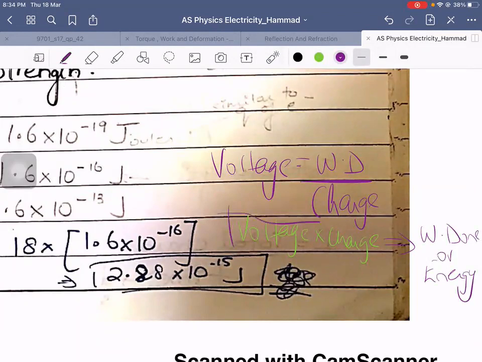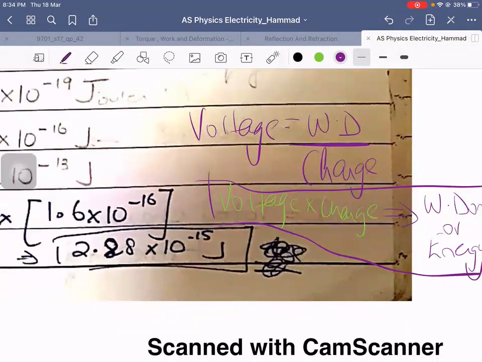It is from this relationship that I can say that voltage has the unit of volts